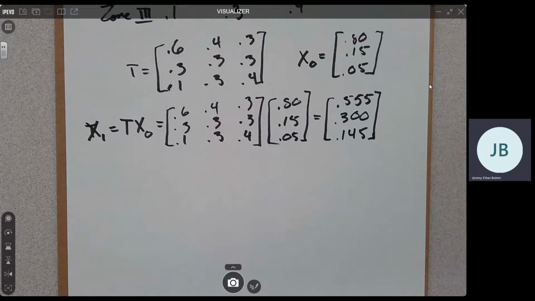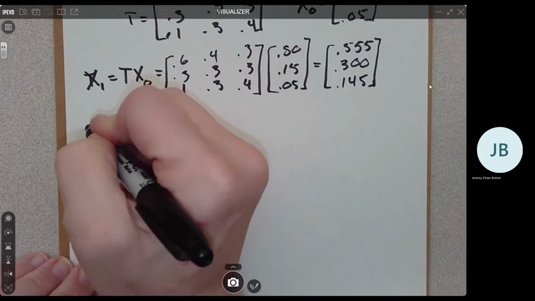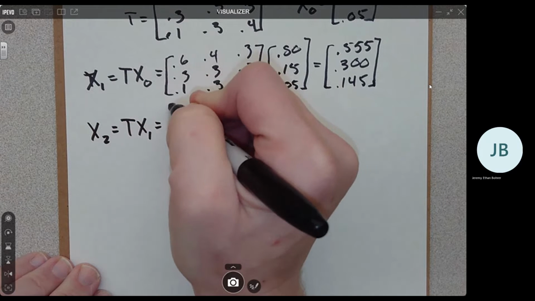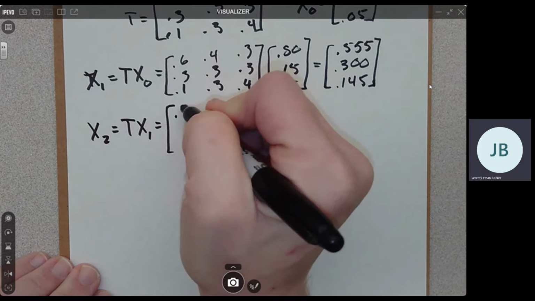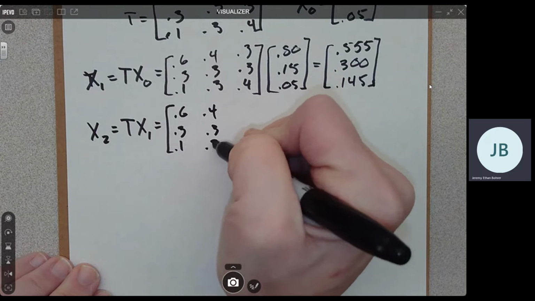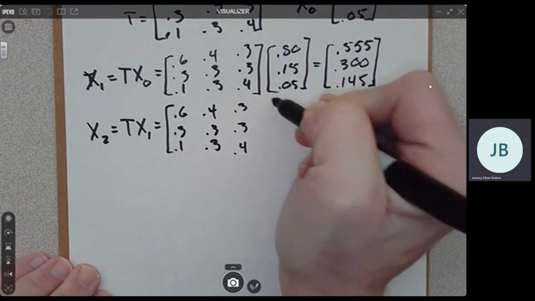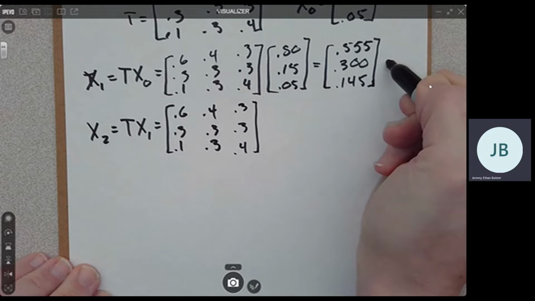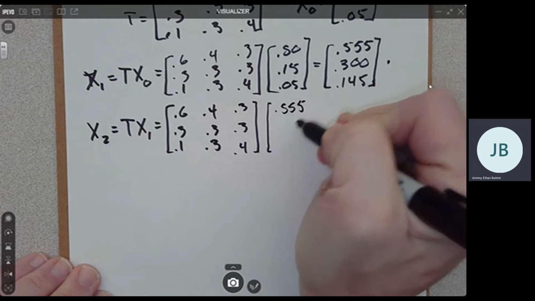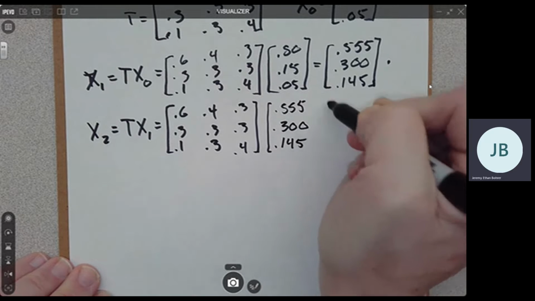And that's just taking x2 equals T x1, which is going to be 0.6, 0.3, 0.1, 0.4, 0.3, 0.3, 0.3, 0.3, 0.4 times our x1 vector, 0.555, 0.300, 0.145,